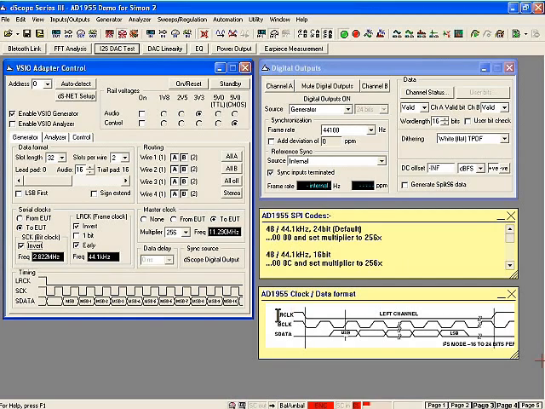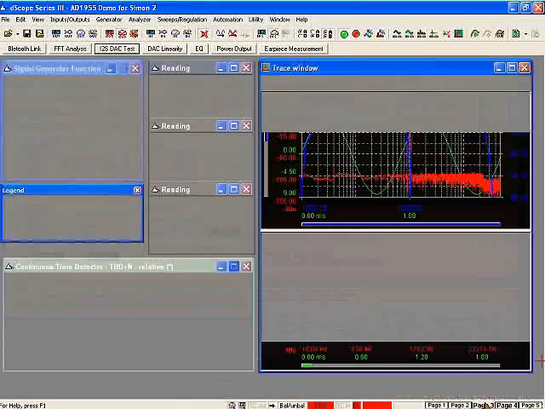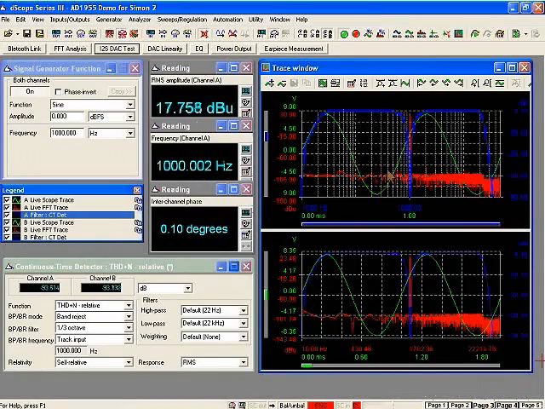Likewise, the word clock, or the LR clock, is inverted, and it's actually 1 bit clock cycle early in terms of its relative position to the start of the digital audio word. So I have selected the invert and the early option here. And having done this, all I need to do is turn the unit on, and we are ready to make a measurement. So if I now go to page 3 here, we can see that we have a live FFT